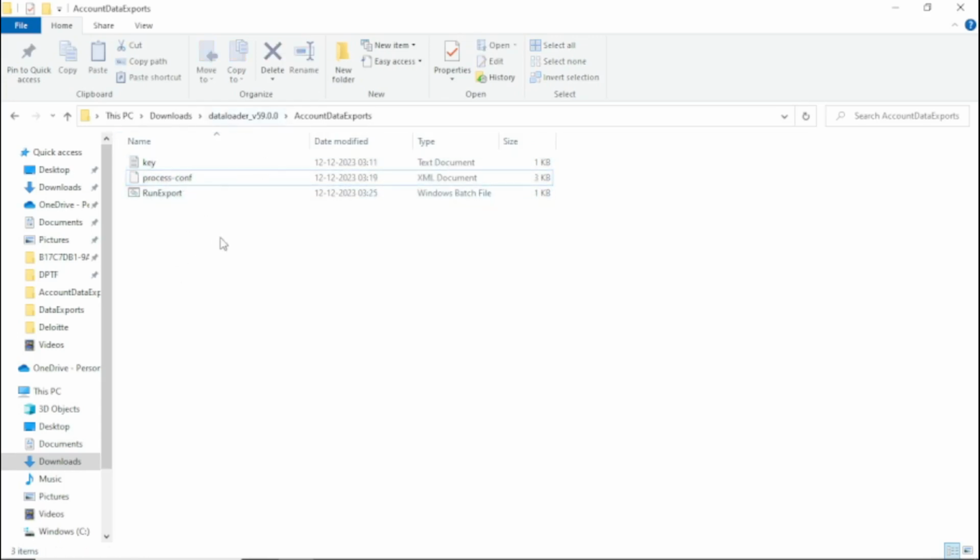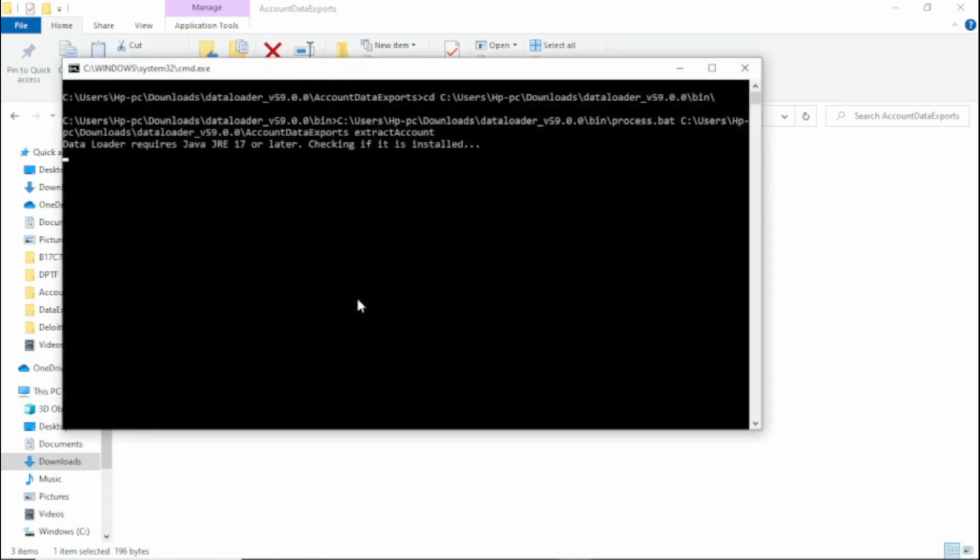Yeah, these three files were there. Let's suppose without using the command line, if we execute this run export, it automatically runs all those things, and it will create an account file, a CSV file. So it is very useful